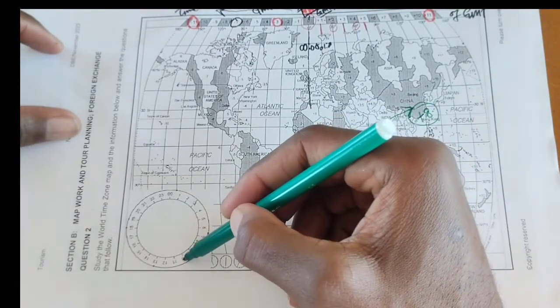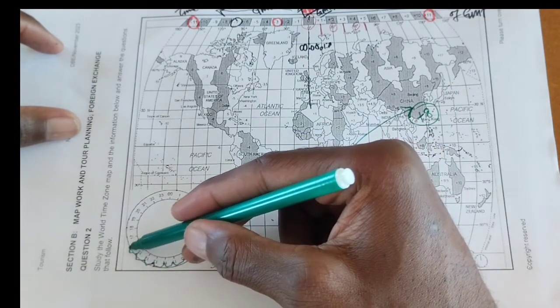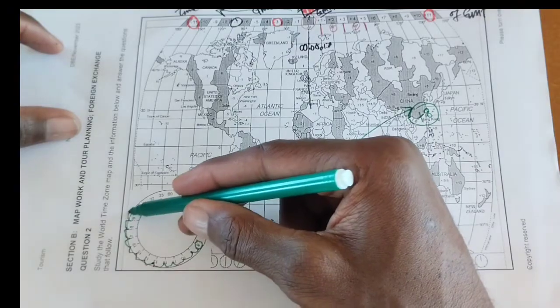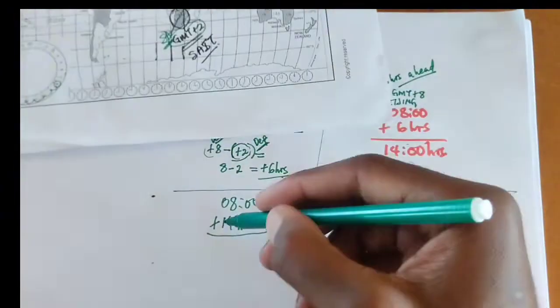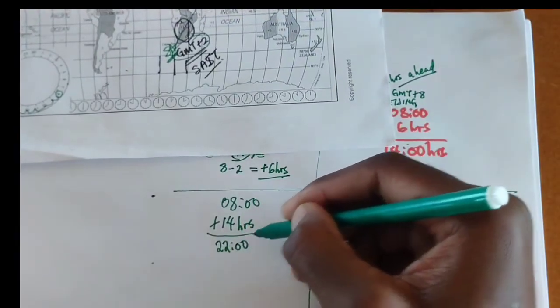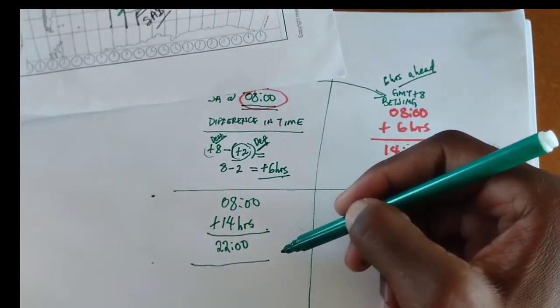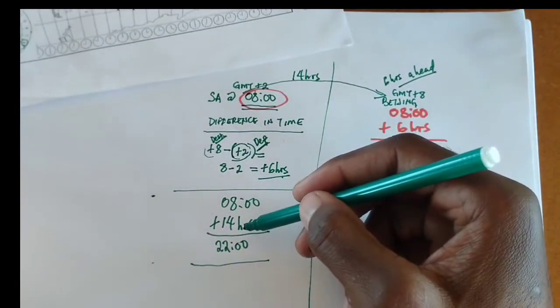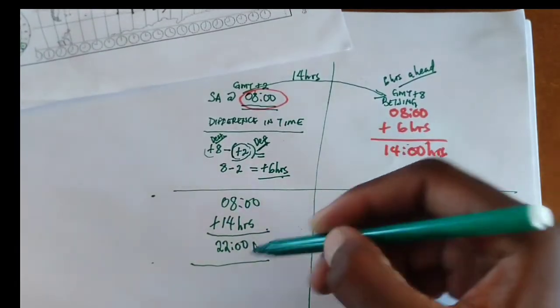Then it will be 1, 2, 3, 4, 5, 6, 7, 8, 9, 10, 11, 12, 13, 14. So now, if you add that, you are going to get 2200. So when the person arrives in China, after the 14 hours, it is 2200 in South Africa. Then you will now